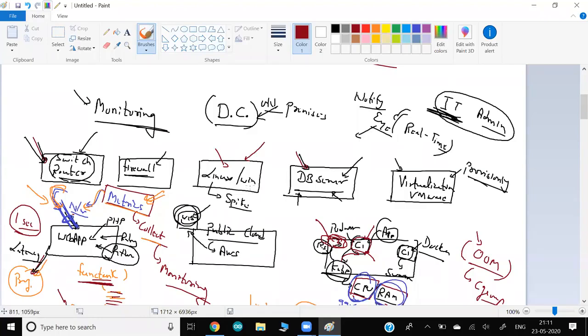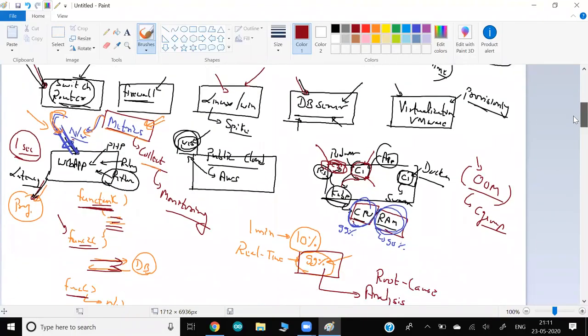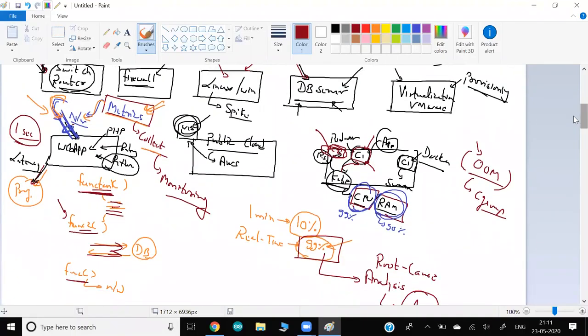And what do you want to monitor? That's your choice. You want to monitor CPU, swap, RAM, hard disk, storage, partition, file system, tons of things. Network too: even within network there are tons of things, maybe UDP or TCP stack, the buffer, the cache, hundreds of things. So what exactly do you want to monitor?